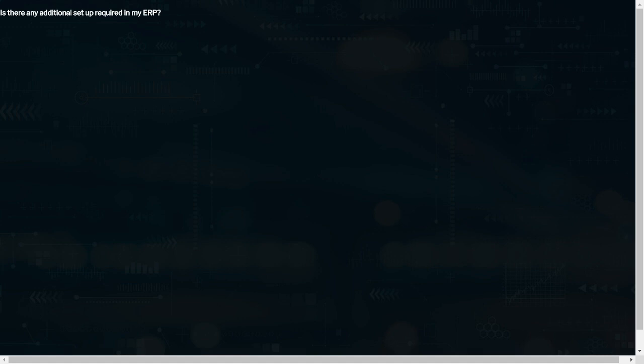All right, it looks like somebody's asking, is there any additional setup required in their ERP if they're looking to use UnForm? It depends on what you're doing, but for some of the things that we looked at, the simpler indexing type applications, no. But if you want to automate the data entry transaction stuff, then yes, there can be.